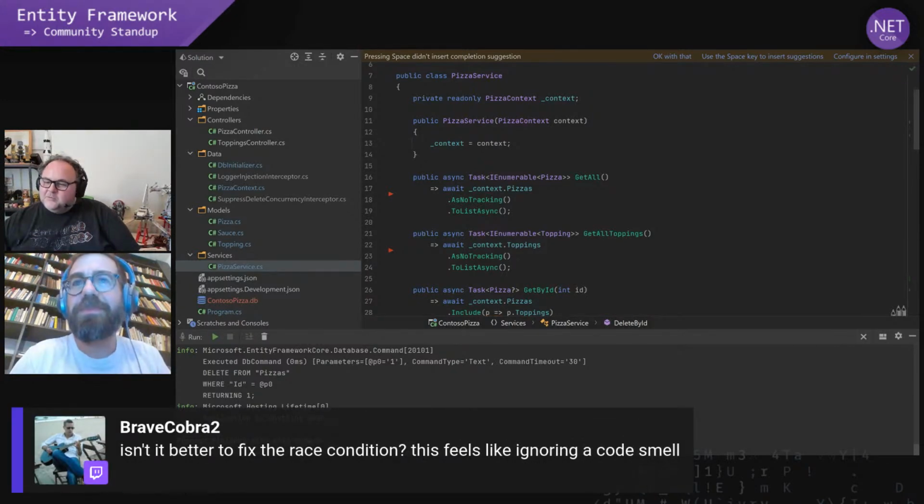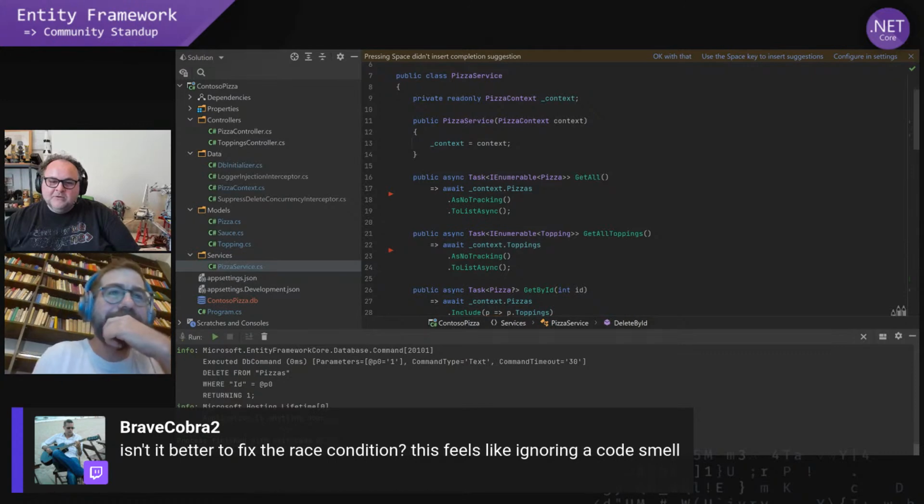Isn't it better to fix the race condition? This feels like ignoring a code smell. Well, how exactly would you fix that race condition? It's not as trivial as it seems. And in fact, that's the reason optimistic concurrency is often the preferred method of dealing with it, because in order